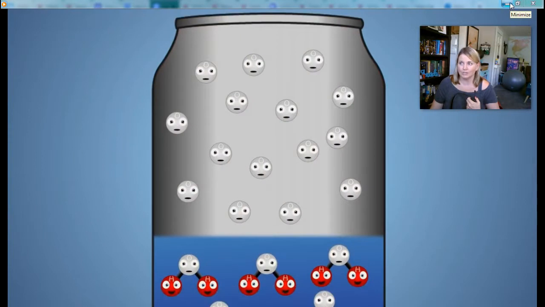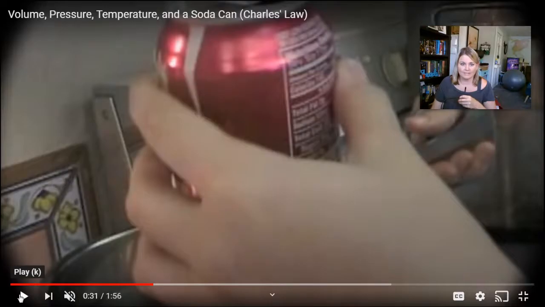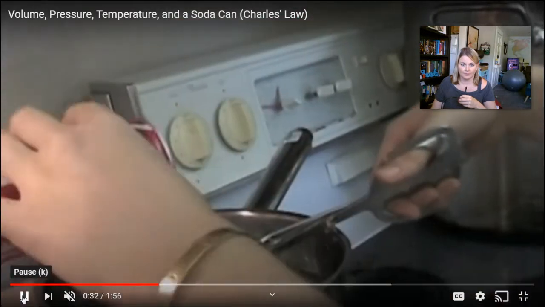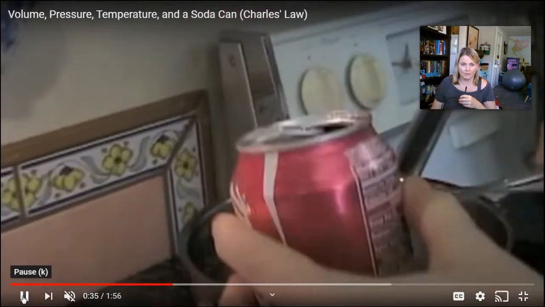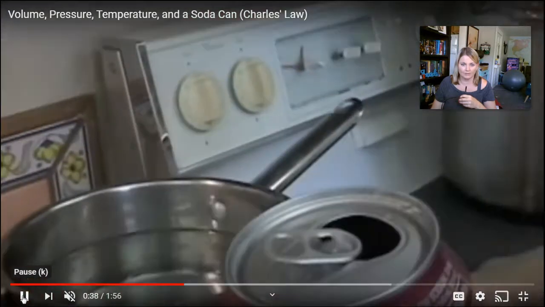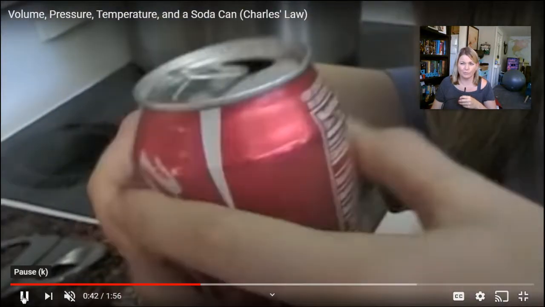And I'm going to give you just one more video to watch so we can see what happens after, the water in the can before versus the water in the can after. Okay, so watch the second video here. So they're just pouring just a little bit of water in there. Okay, just a very little tiny bit, just so it's kind of hard to see the before here, but I